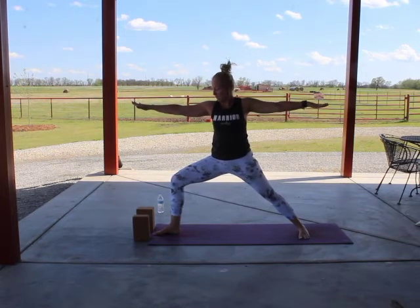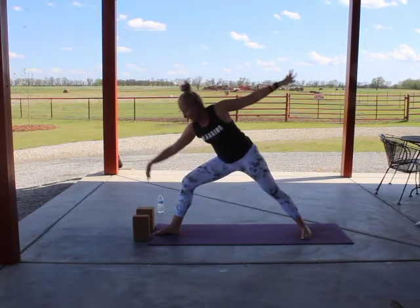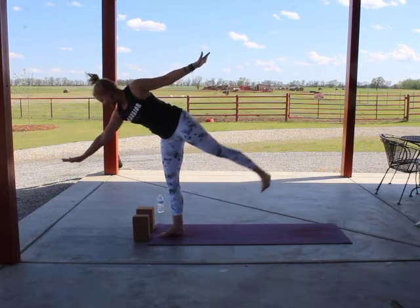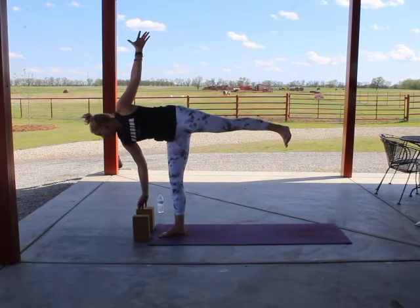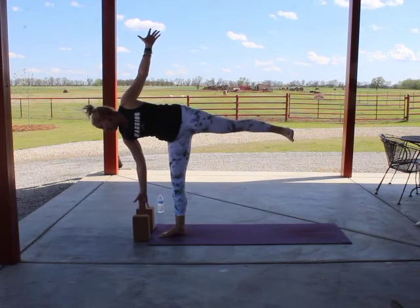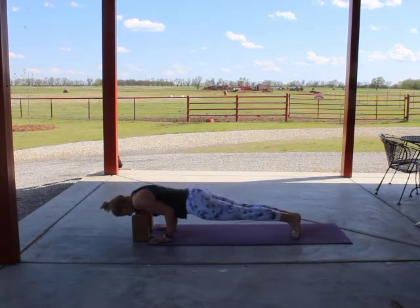Warrior 2. And I'm going to drop my right arm down. You can still drop it down to the thigh, or I'm dropping my fingertips down, still looking up, not caving in my chest. And I'm going to come back up, going towards my blocks. Bend, push, lift. As I kick that left leg, flexing my foot, and taking it towards my props or your chair, or taking it above that, still making sure your shoulders are stacked, hips are stacked. Dropping my hands down, foot down, kicking up my right leg up, release it down, vinyasa between sides,